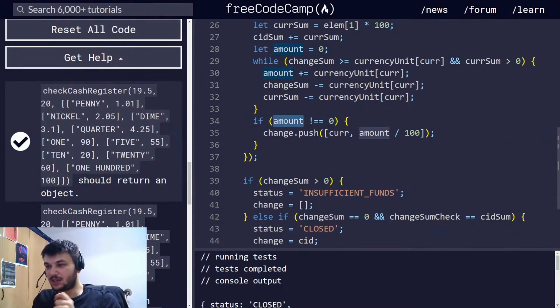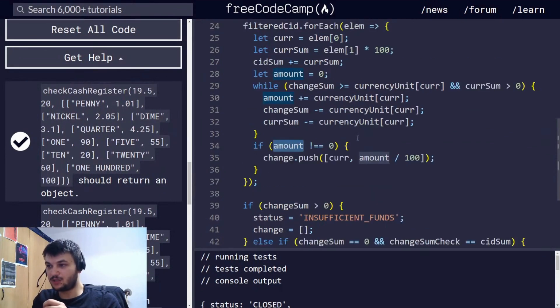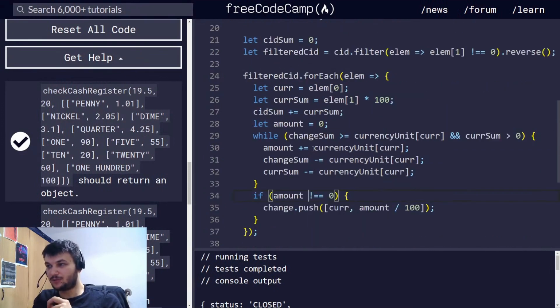Now here we check if the amount is different from 0, we push it into the changes with the currency name and the amount divided by 100, since we want to give now the real value. So that means that when we go through some denominations in the cash in register, for example, maybe we don't need $100 because we need to give a change of only $2. Then for the $100, we just go through it, the while loop